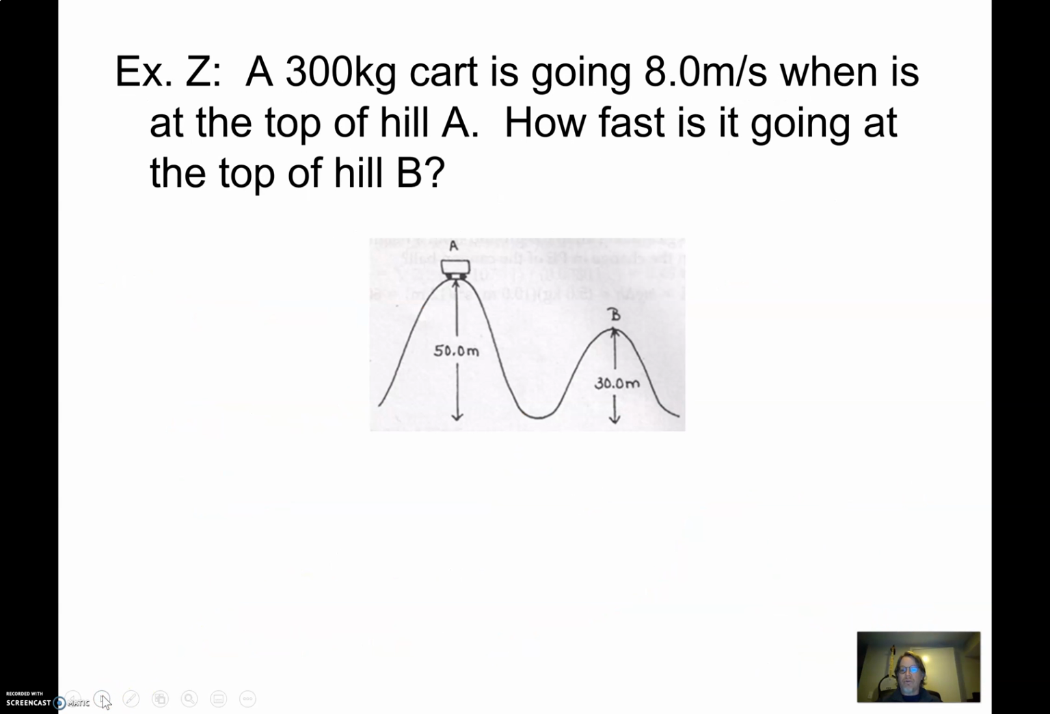Okay? Example number, this one. We can barely get this in. So you got a 300 kilogram cart going at 8 right there. It's the top of that hill. How fast is it going there at the top of that hill? Well, this will be our first problem on the next video because we have a whole 6 seconds left. So I'll see you in about 2, 1, and